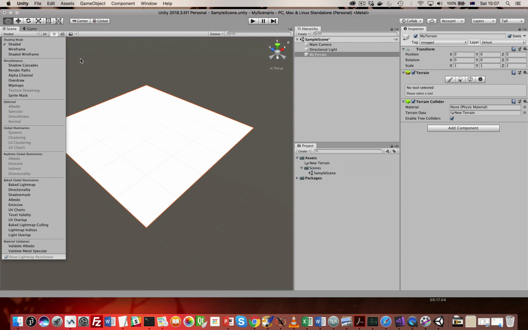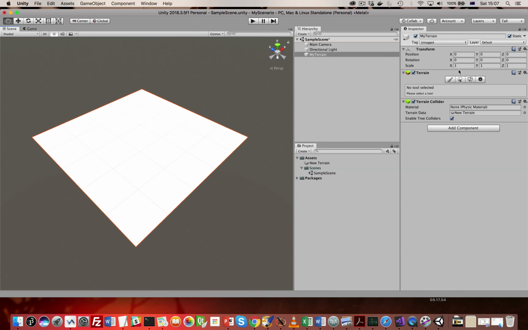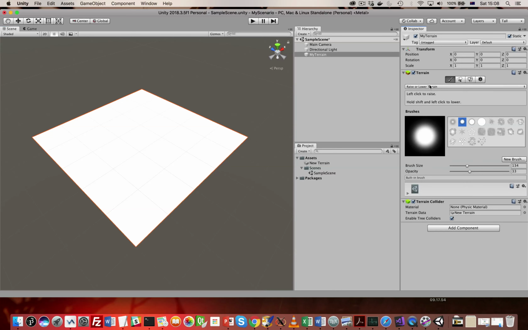Okay, so we have learned a bit about something. So let's try to modify the terrain. So you have these tools here, right? If you select a painting tool, the first one is one that allows you to raise or to lower the terrain, right? Here you have several options: this is the brush size, obviously like a drawing program, and this is the opacity, so how much it